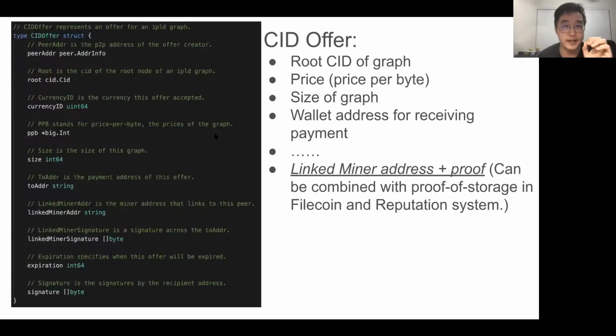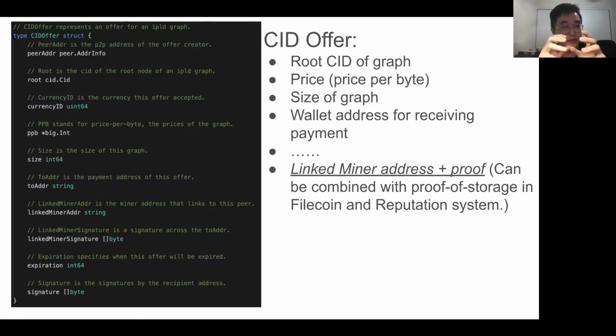So this is a CID offer. It contains a few things: the root CID of the graph, the price per byte, the size of the graph, the wallet address for receiving the payment, plus a little bit more. One thing that I wish to mention is the linked miner in the offer. The idea is that if you are running a Filecoin miner and you also wish to participate in the secondary retrieval market, you can attach your miner address together with a proof to your CID offer, which means this